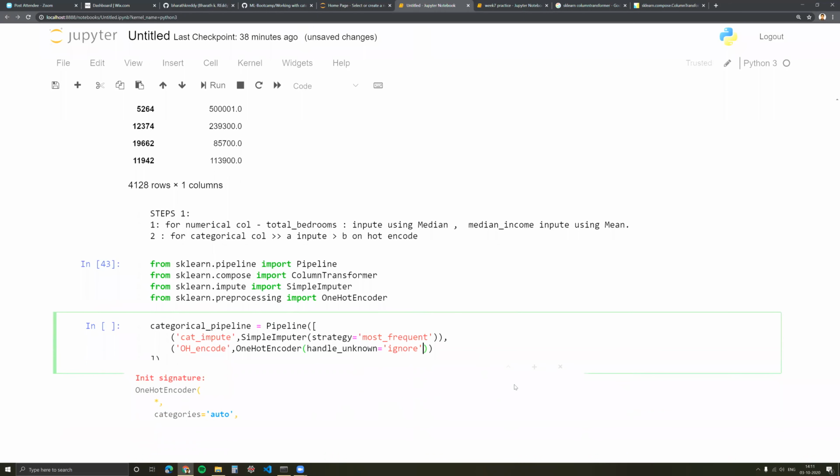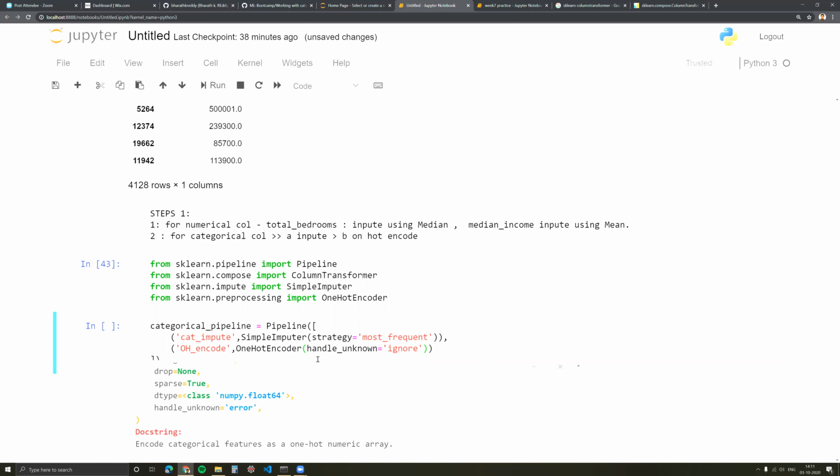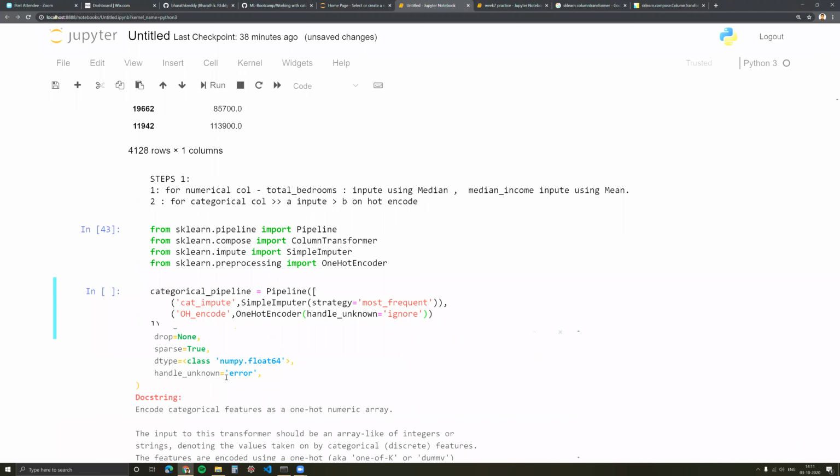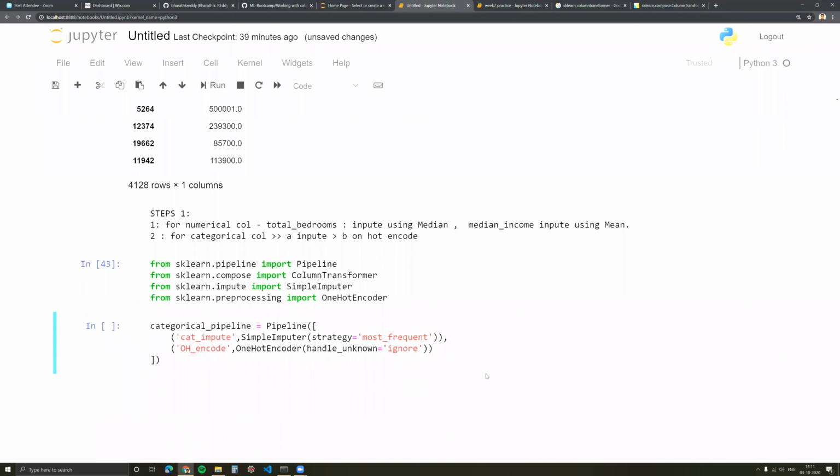What it does is, in one hot encoding, if you put handle unknown, that means if it sees something unknown, it won't just blow up. You can put error, that means you want it to show an error. I've put ignore because I don't want it to blow up on me. So it's just going to ignore those lines. That's all this means. If you don't put anything, by default it will take error, and it will show you exactly which line the one hot encoder sees that led to an error.